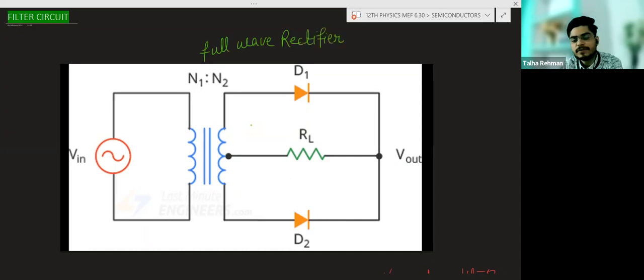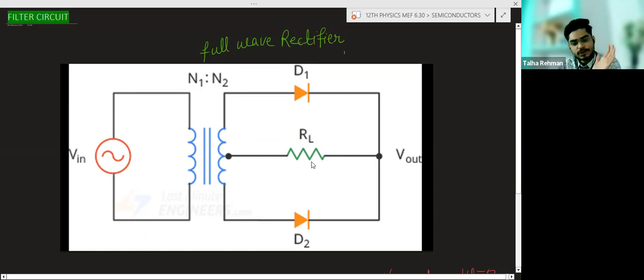This is a full wave rectifier, and I told you the working of the full wave rectifier. What will happen during the positive half cycle? This will be forward biased. This will conduct, so there will be current through the load, and we will get the output. During the negative half cycle, this will become forward biased, and this will become reverse biased. This will conduct, so through this circuit there will be current through the load resistance, and again we will